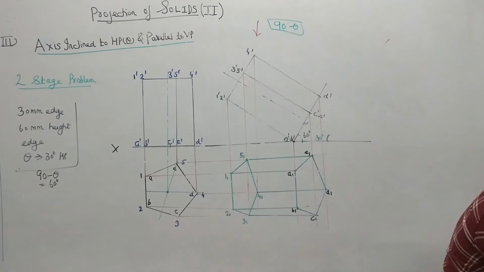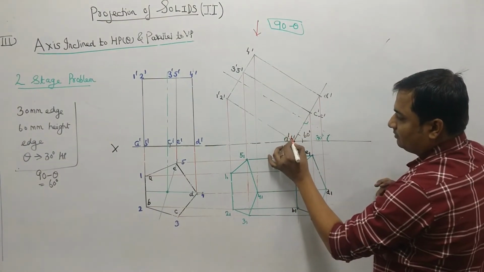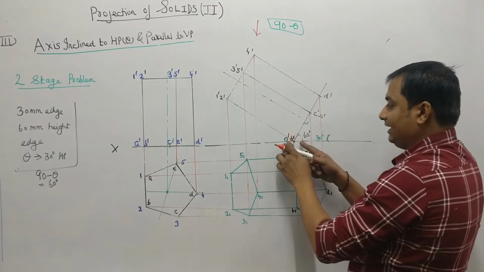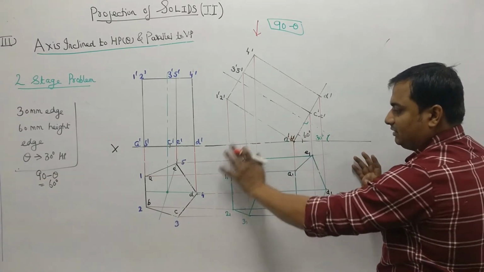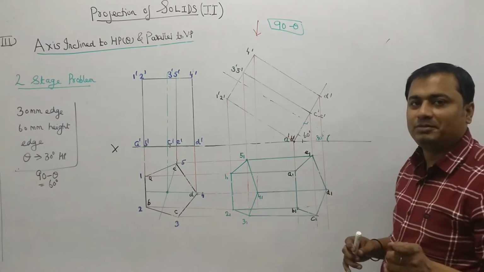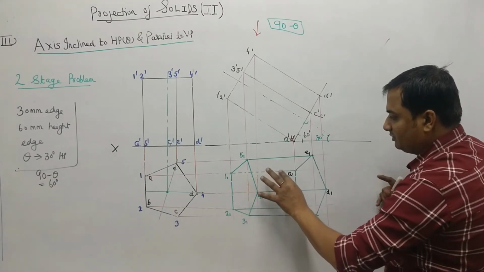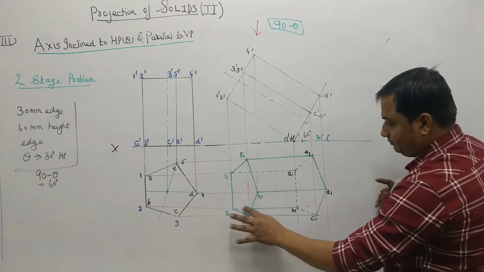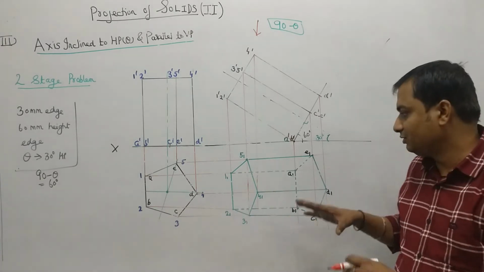That means if I see from here, the farthest point will be this A dash B dash. Farthest point from the top is A dash B dash. So the lines passing through A dash B dash in the top, जितनी भी lines A dash B dash से पास होके जाएंगी, you have to make dotted because that will not be visible, right? So the A dash 1 dash, this will not be visible, this will not be visible, this will not be visible. So these are the lines which are not visible from the top, so this should be dotted.